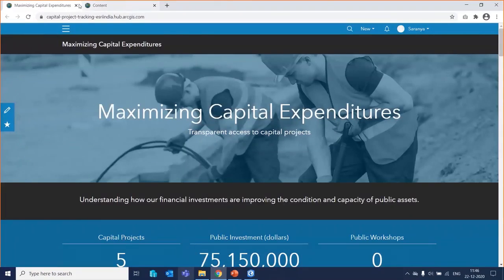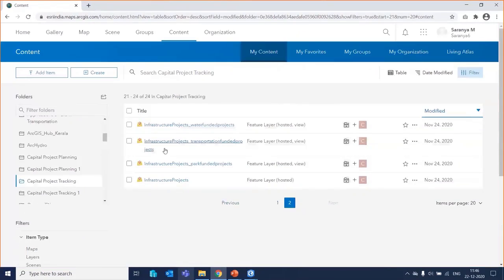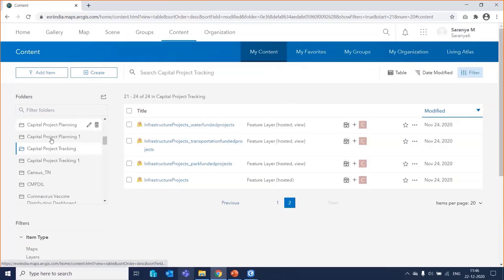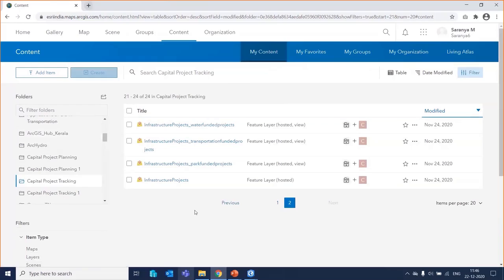If you have very few projects, we can do it online. If you have more than 100, 200 layers to be added, you can add them in the Pro environment, or create the shapefile in the Pro environment and upload it in ArcGIS Online. So in project tracking,